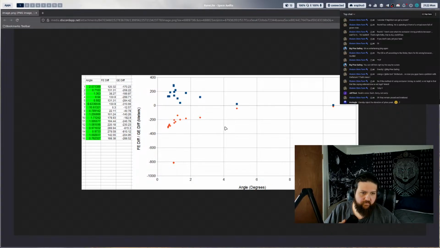What's orange? The flat Earth is blue. That's the positive values, and the negative values are red. Gotcha. Those are the globe diff values, right? Neat, hey? The lower the angle is, the bigger the difference between your two readings, essentially. And it's a logarithmic relation, approaching 0. That's how it's looking to me.